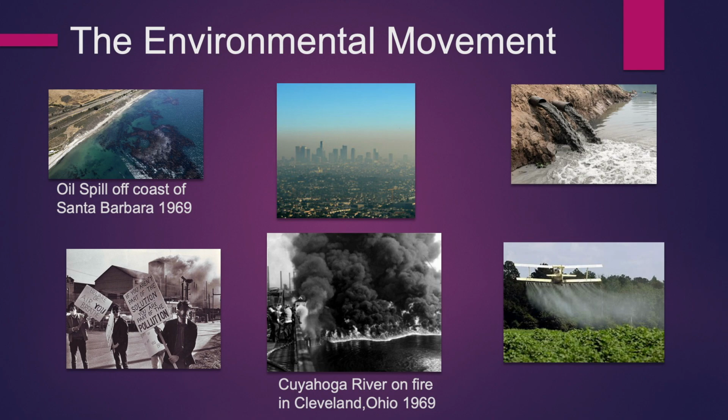There were oil spills off the coast. That actually is a picture of a US city that all of you would know. There was no EPA. We had tons of air pollution. Industrial waste and effluents were not treated. They were deposited directly into rivers, lakes, and streams. No EPA. Pesticides were used with impunity and sprayed everywhere. Not tested. No EPA. The Cuyahoga River was on fire and people were out on the streets protesting.